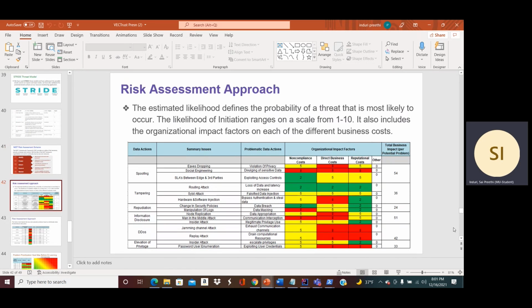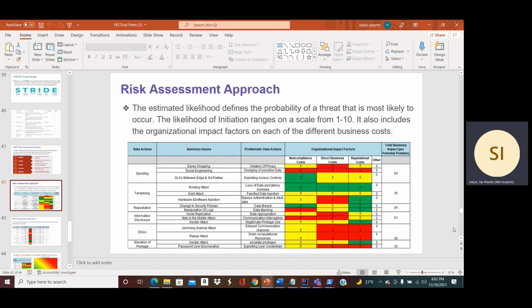So for the risk assessment approach, the estimated likelihood defines how probable a threat is likely to occur. The likelihood ranges on a scale from 1 to 10. It also includes the different organizational impact factors, that is the non-compliance cost, direct costs, and the reputational costs. So for every STRIDE category, we have listed out the possible attacks, the problematic data actions, and the organizational impact factors on a scale of 1 to 10, and have done a summation to get the total business impact score.